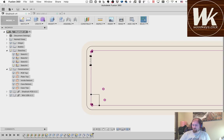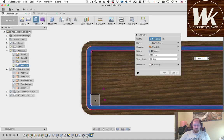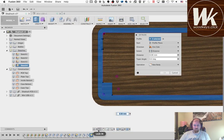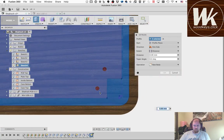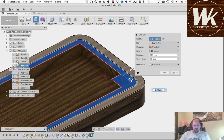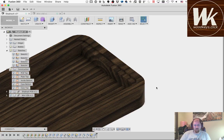So we're going to get the case turned back on here. And we're going to project this piece and that piece, making sure I've got this little bitty corner in this corner there. And we're going to bring that down. We're going to say that's going to be a 3mm piece of either brass or acrylic, whatever we end up finding there. Acrylic, obviously, most likely for this prototype, and then if we get lucky, maybe we'll